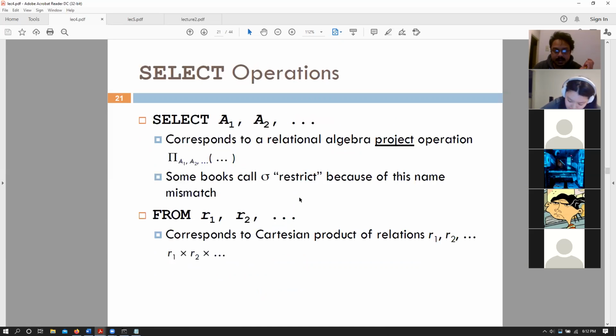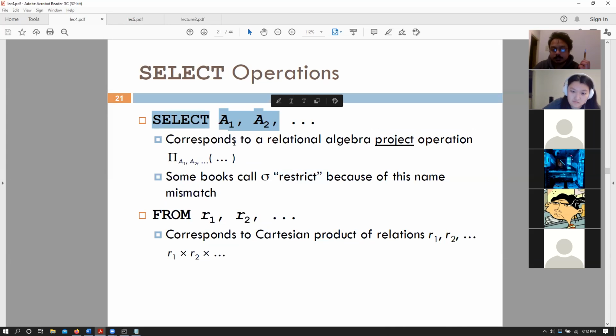So let's start with the select query. Remember that in DBMS or in relational algebra, select was selecting entire rows. In this scenario, the select query is the project operation. So basically select attributes, which are columns, from my database. Some books, because of the name confusion, call our old and handy select query the restrict operation, not the select operation, but that's something else.